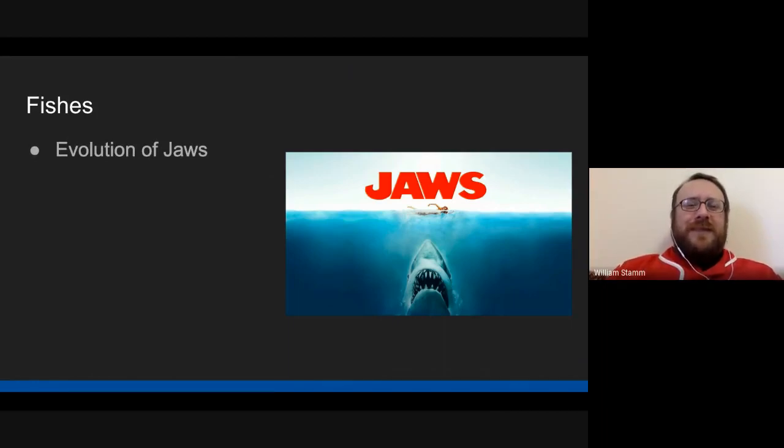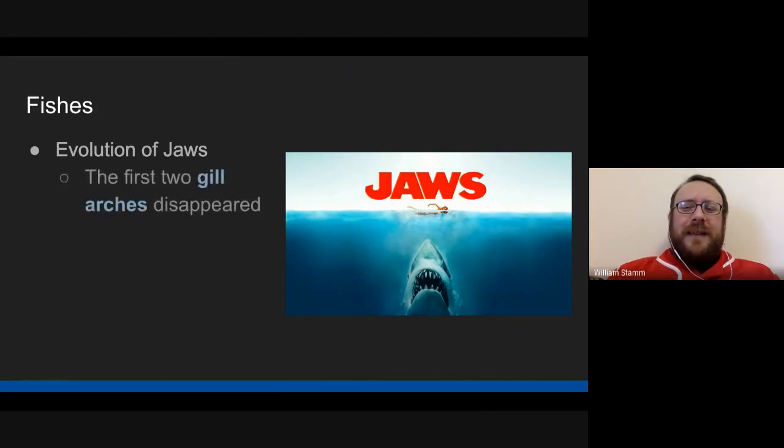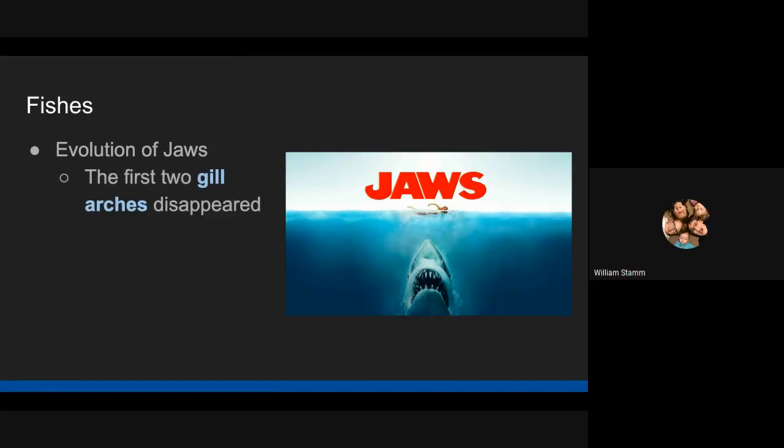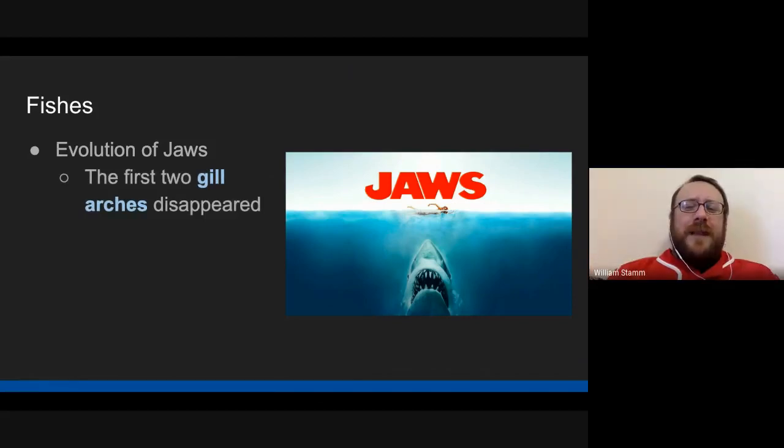I'm not going to get too much into this, but the jaw is a very important step in the evolution of a fish. Actually, the evolution of all of us as vertebrates. It allows us to eat different prey, to chew our food more effectively, and all the fish, even the jawless fish from yesterday, and some of the other precursors to those fish, have these